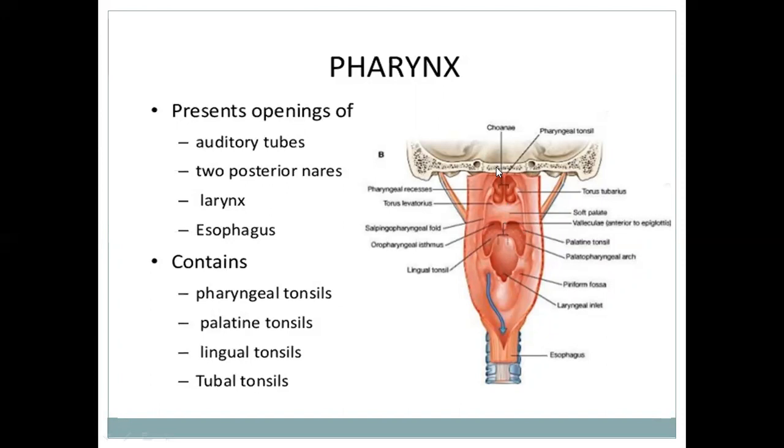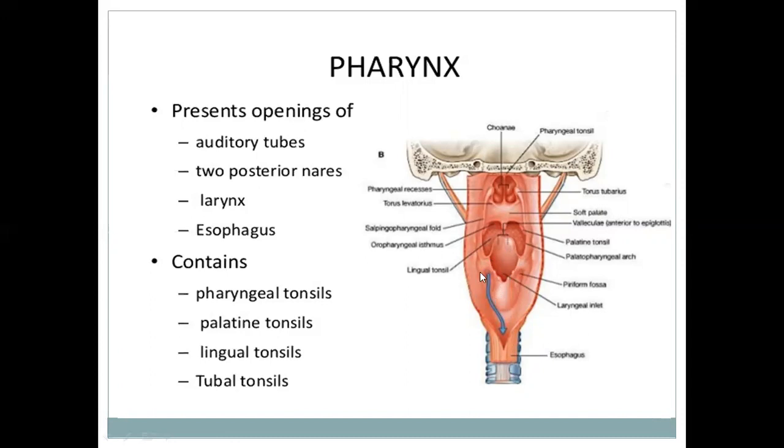So this is the anterior wall, and it shows many openings. This is the root of the tongue. The root of the tongue shows the lingual tonsils. These are the palatine tonsils between the palatoglossal and palatopharyngeal arches, and this is the epiglottis. This is the laryngeal inlet, and on each side these are the aryepiglottic folds. These are the corniculate and cuneiform cartilages. This is the arytenoid. This bulging is due to the cricoid cartilage.